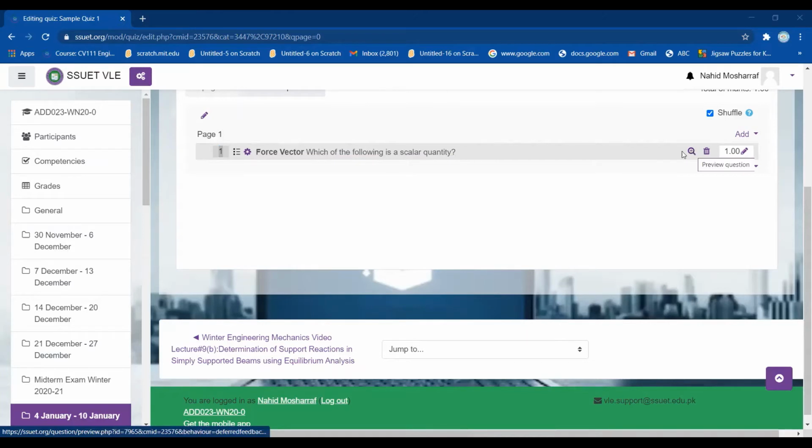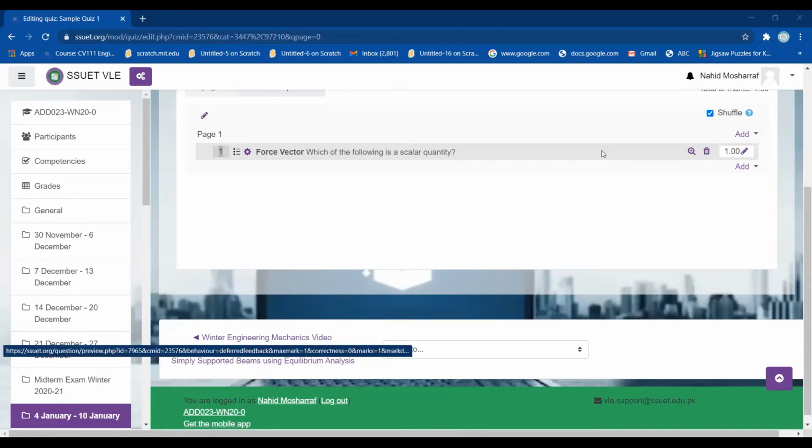So when you click on this tab, you will see which of the following is a scalar quantity. You can see according to A, B, C, D, because I have made the choice of small ABC. And you can see technical information over here. The right answer summary is speed. So you can click on here, it's speed. So clear my choice and submit in Flash. There is no need of it because the student will do that.